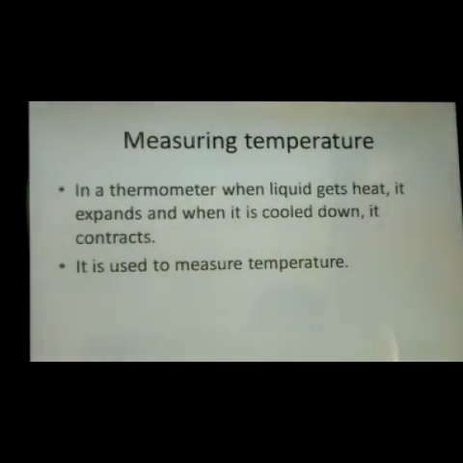We studied that solids expand when heat is applied to them. Like any solid substance, liquids are also affected by heat. So, normally in any thermometer, liquids will be used. On increase in temperature, those liquids will expand, and with the help of the expansion of those liquids, the temperature will be measured, right?